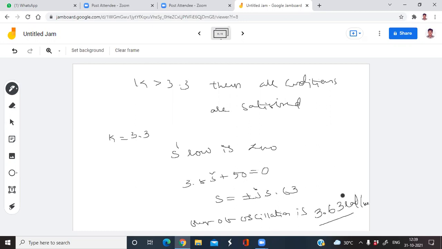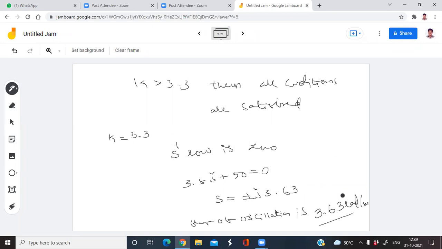This is an important type of problem actually. Don't think that every time only easy problems come in the external examination. You have to know everything. If you want to find the roots, you have to find all the roots. If you want to find only the stability, no need to find the roots. Suppose you want to find the frequency of oscillation, compulsorily the problem will have the k.